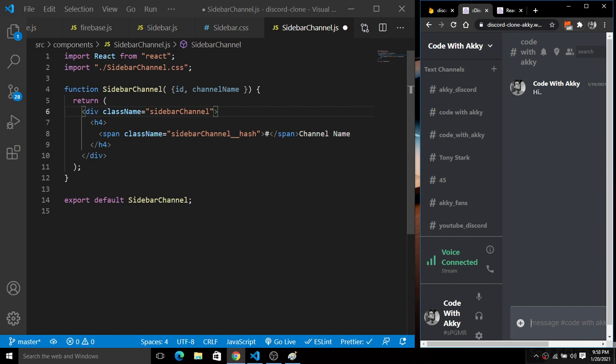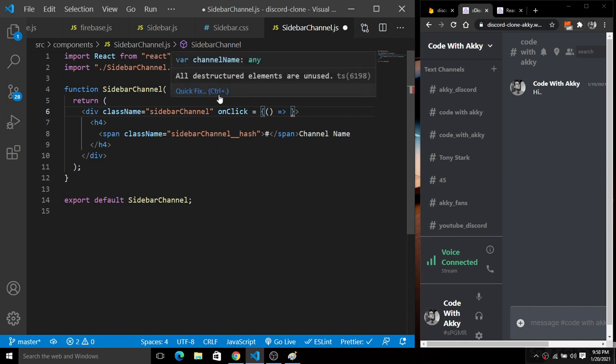I'm going to add onClick in the div here. So basically when there is an onClick, a function will be called, so I'm going to create a function here just like this. So on click there will be a function called, and here we will use a chat state.